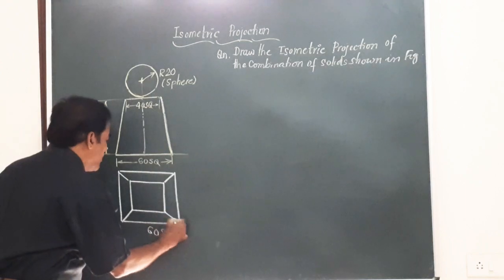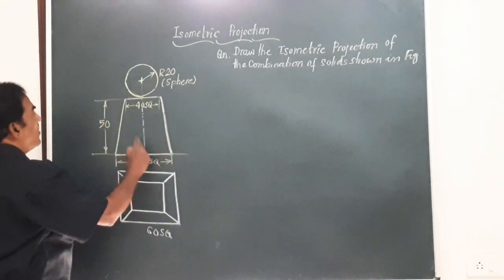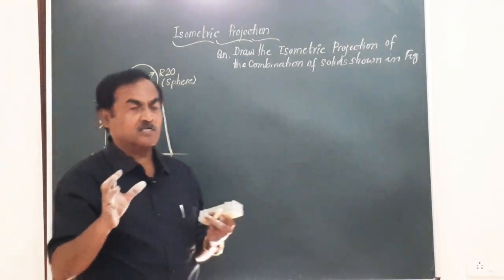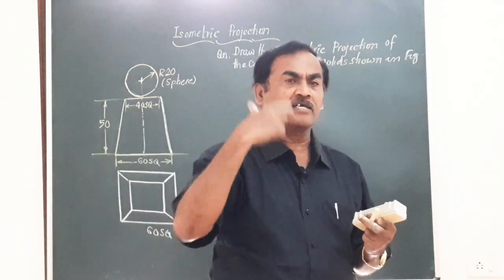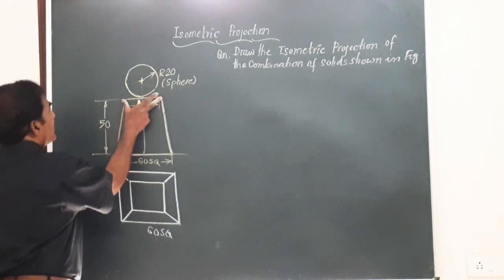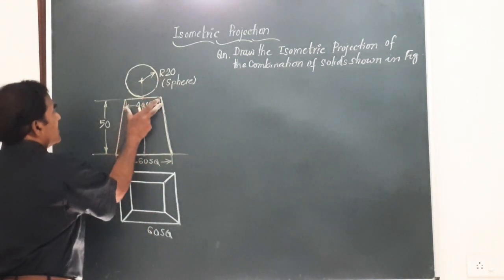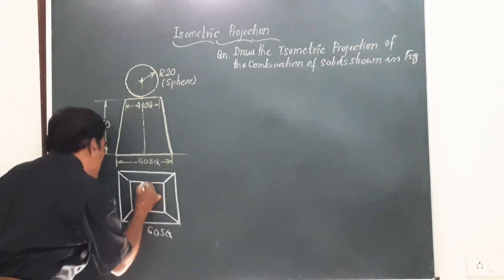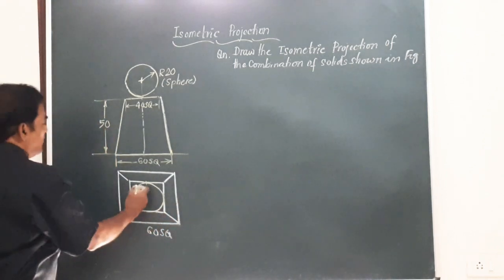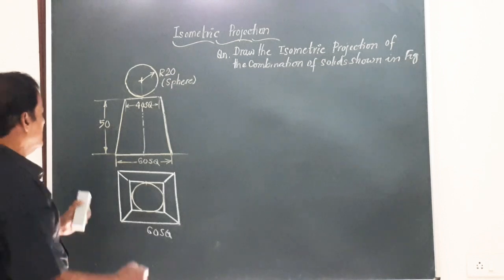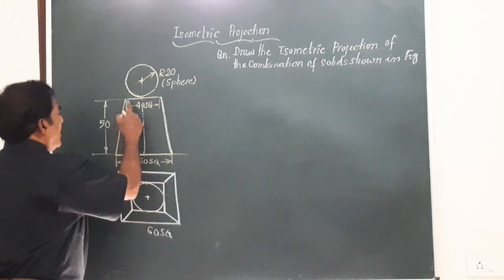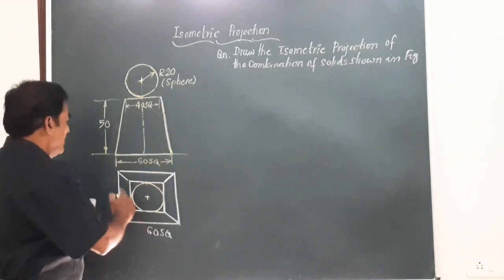This represents the top view of the frustum of the square pyramid, on which there is a sphere, a round ball that looks like a circle in any direction you view it. Since it has a diameter of 40, the radius is 20, and the square is also 40. So the circle I draw here is going to touch all four edges of this solid. This is how it looks. I will mark a center here. This is for the sphere, front view and top view, and this is the front view of the frustum of the square pyramid, and this is the top view.